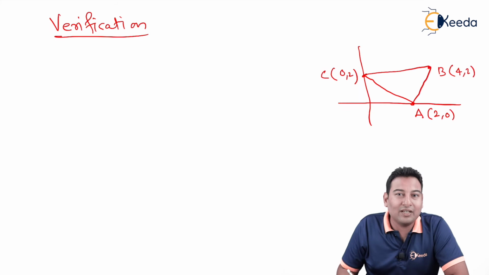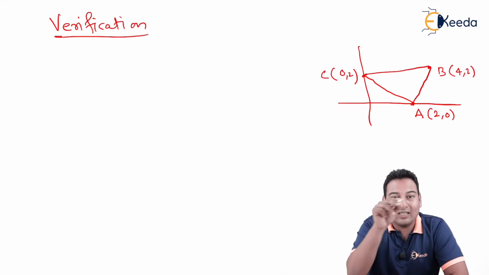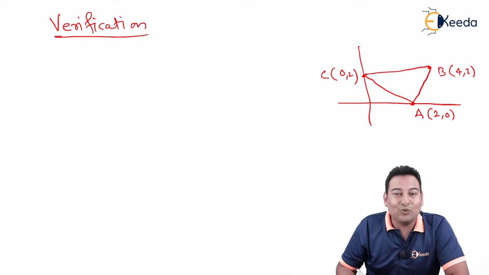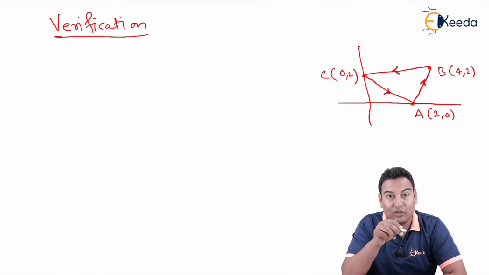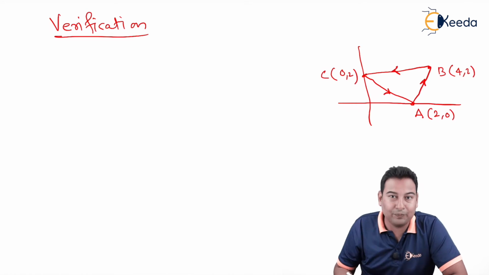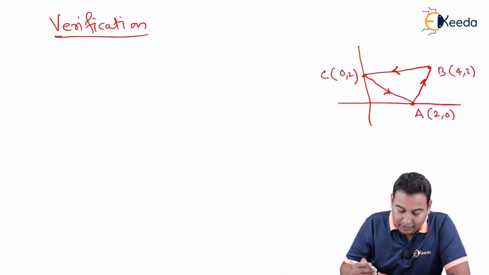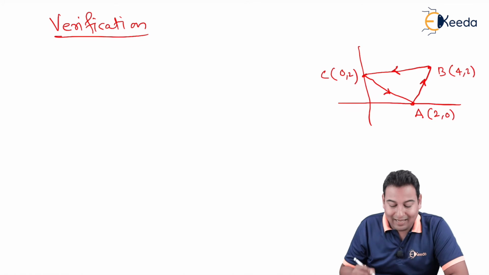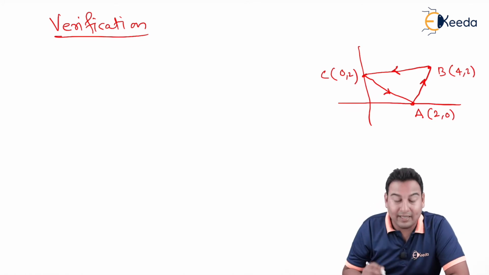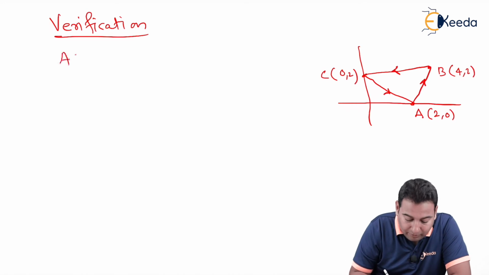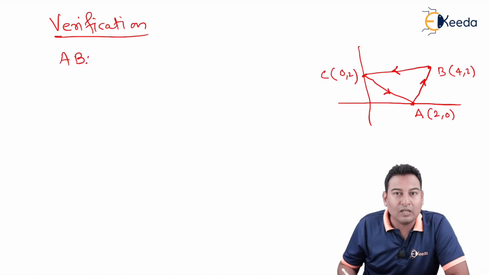Again, as discussed, line integration is always along the line basically. You need to take one direction. Let me assume it's anti-clockwise direction, but if I'm taking anti-clockwise, I will make sure that starting and ending point are the same. I'll move the entire curve. Let's start. Here I need to solve 3 integrations, AB, BC and finally CA. Let me start solving AB.